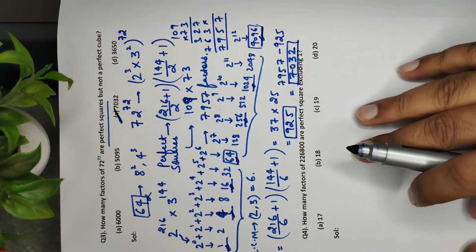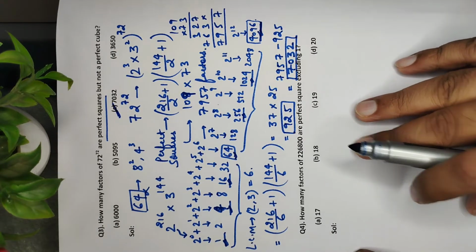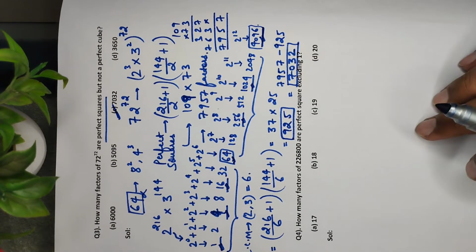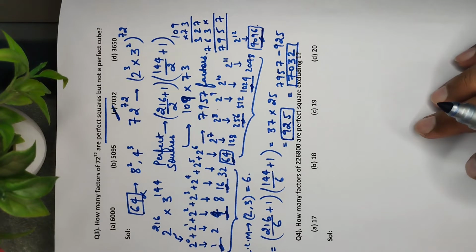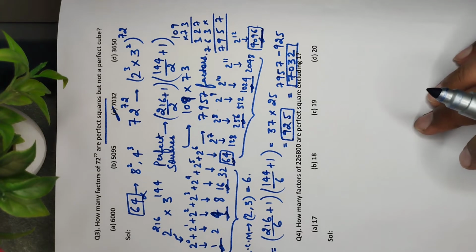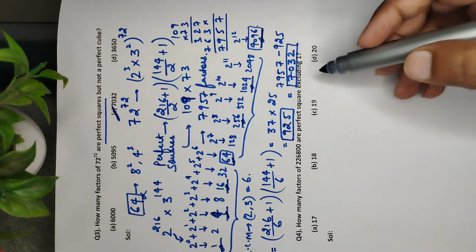I hope all of you understand this one. Now let us see this fourth question. The question is, how many factors of 226,800 are perfect squares excluding 1? So again we have to find the perfect squares, but they are simply saying that we have to exclude 1